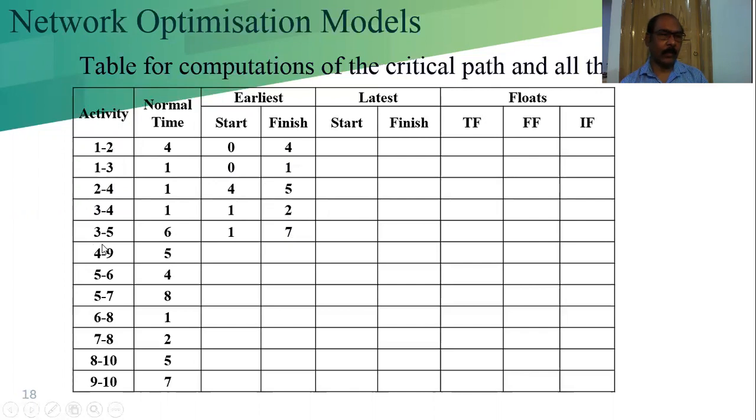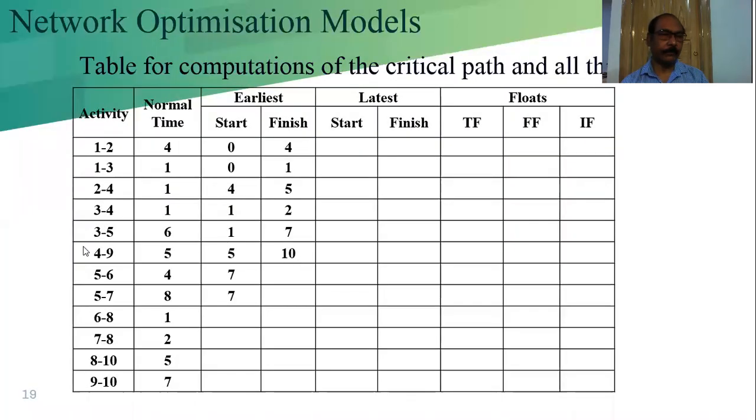Now we are going to calculate for activity 4 and 9. For 4, we have to search here for the 4. Where is the 4? One value is 5 and the other 4 has the value 2. So when we are calculating the earliest start and finish time, that means we are moving in the forward pass. In the forward pass, we always have to consider the maximum value. So with respect to node 4, what is the maximum value? 5. That 5 will come here.